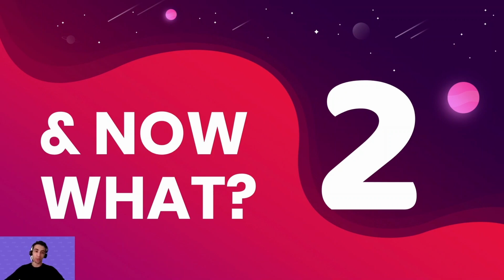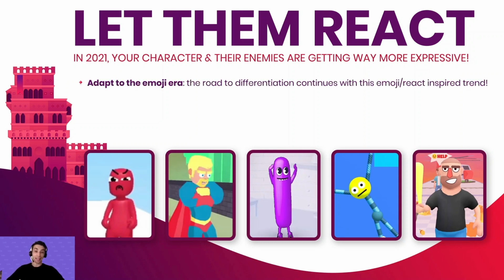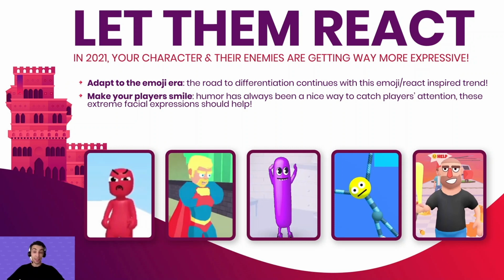Well, let's try to sum up everything. And first, one thing is very clear: hypercasual characters are becoming more expressive. I mean, take a look at these guys' faces. Clearly, they evolved to adapt to this emoji react era. And this is great because it totally helps bring some humor to your game, which is always a nice way